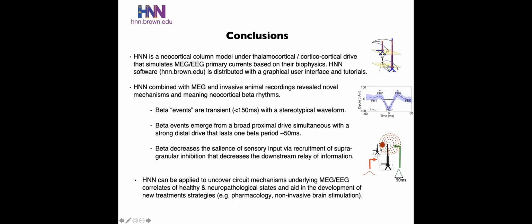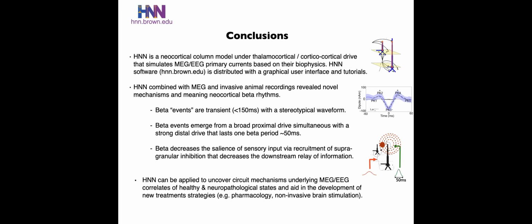So with that, I'm going to conclude, and I've shown you that HNN is a neocortical column model that's under thalamocortical and cortical drive. It simulates MEG and EEG primary currents based on their biophysical origin. It's been developed into a software that's distributed with a graphical user interface and tutorials of use. HNN combined with MEG and invasive animal recordings revealed this novel information about the mechanisms and meaning of neocortical beta